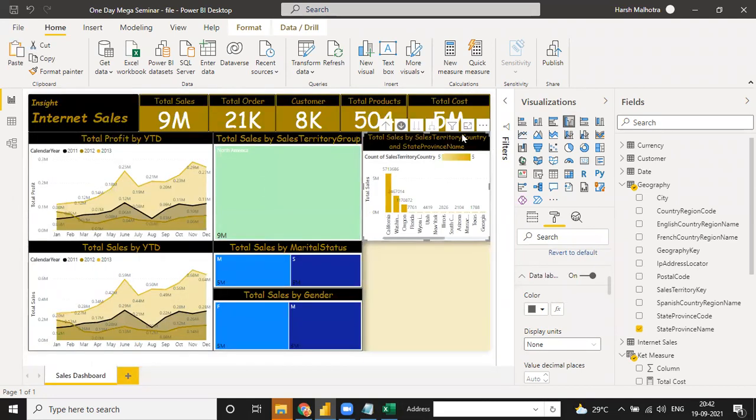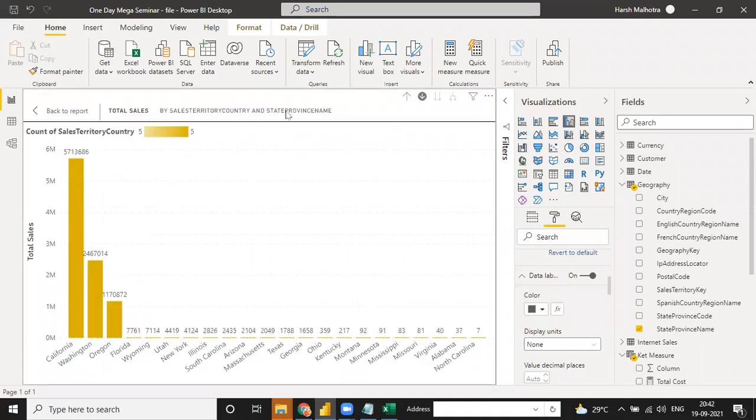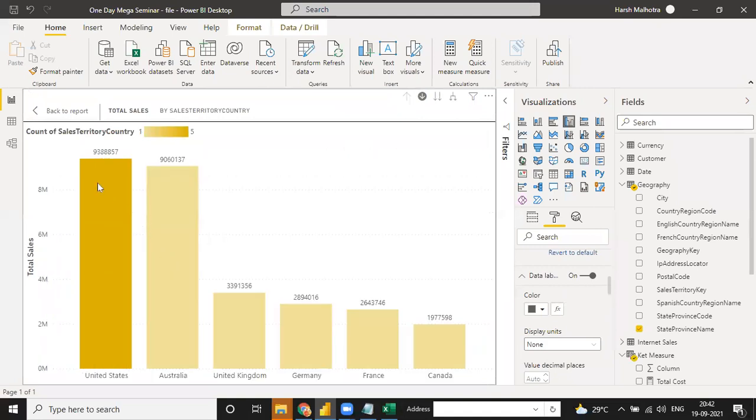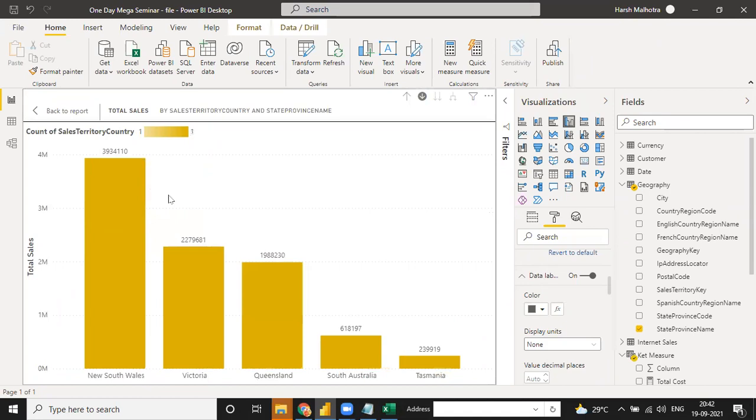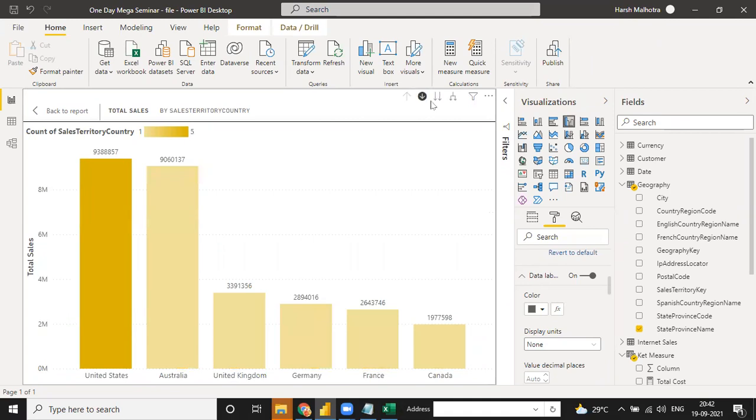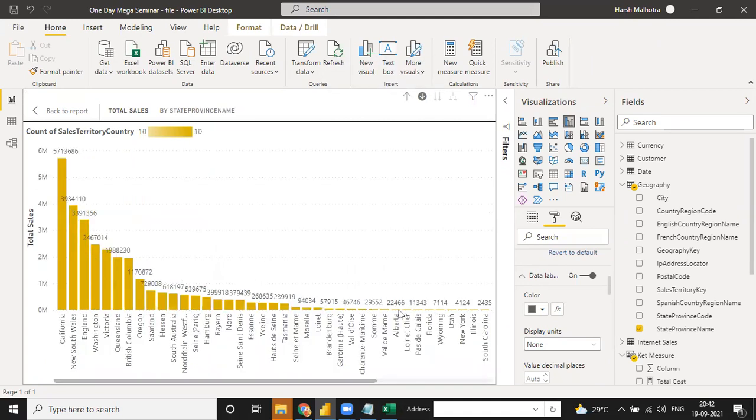So when you click on this and remove the drop down, your country will be back, like United States. When you click on Australia, your selection is Australia, and when you select the drop down, your Australia province wise sales will be there. And why do we use this drop down? This drop down is used to show all the countries wise.